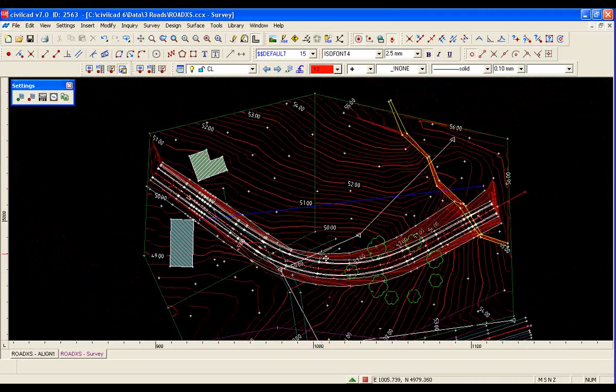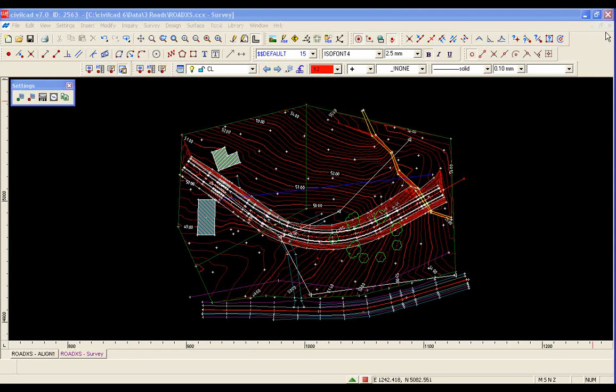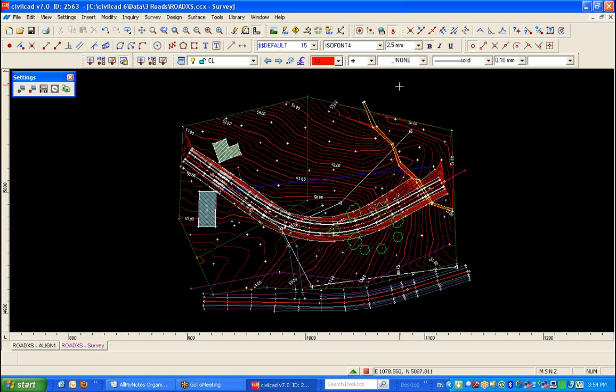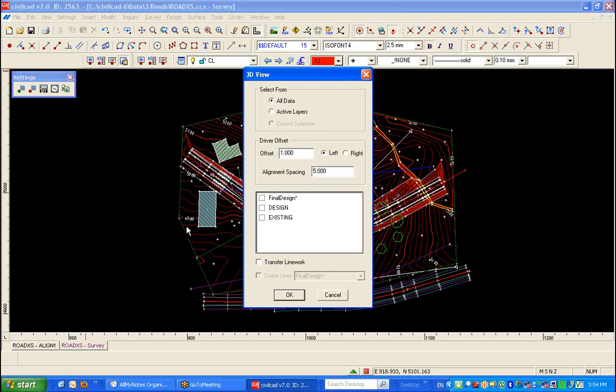Okay, so that looks okay. If we want to visualize this in a perspective view, so we can see at a glance whether there's any holes in our mesh or whether any points with elevation of 0 have been included in our DTM, anything like that, I'll just view the full screen. We can then go to View, 3D View,